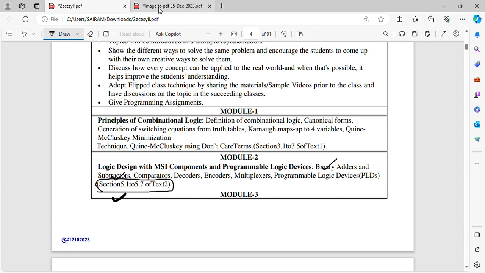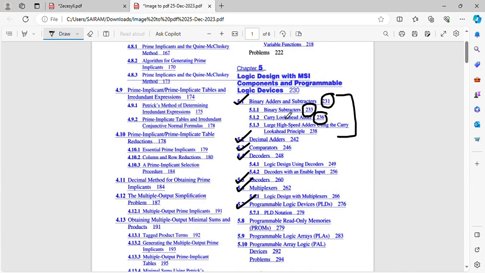ಯಾ. ಸೊ ಇವಾಗ ಇಲ್ಲಿ ಬರೋದಾದ್ರೆ, ಯು ಕ್ಯಾನ್ ಸಿ ದಟ್ ದ ಬೈನರಿ ಸಬ್ಟ್ರಾಕ್ಟರ್, Carry-Lookahead adder and large high speed adder using the Carry-Lookahead principle ಇಷ್ಟು ಇದೆ ಅಲ್ವಾ? ಸೊ ಈಗ ಏನ್ ಮಾಡ್ತಾರೆ ಅಂದ್ರೆ, ಅವರು ನಿಮಗೆ ದೇ ಹ್ಯಾವಂಟ್ ಮೆನ್ಷನ್ ವಿತ್ ರೆಸ್ಪೆಕ್ಟ್ ಟು BCD ಆರ್ಡರ್ಸ್ ಆರ್ ಡೆಸಿಮಲ್ ಆರ್ಡರ್, ಇನ್ನೊಂದು ಹೇಳಿಲ್ಲ. ಬಟ್ ನನ್ನ ಪ್ರಕಾರ ಏನು ಅಂದ್ರೆ, ಈ ಪಾರ್ಟ್ ಅಲ್ಲಿ ಇರಬಹುದಾ ಅಂತ ನನಗೆ ಒಂದು ಅನುಮಾನ. ಮೀನ್ ಐ ಹ್ಯಾವ್ ಅ ಡೌಟ್.